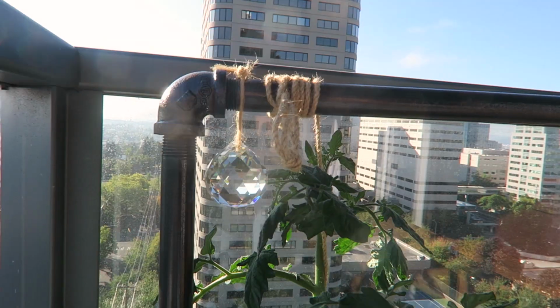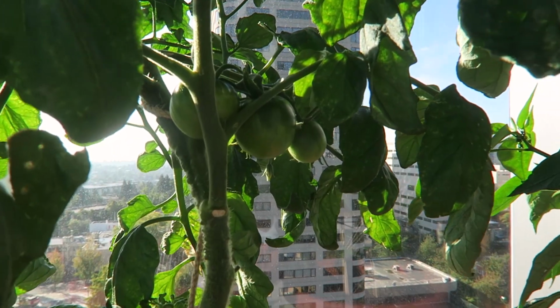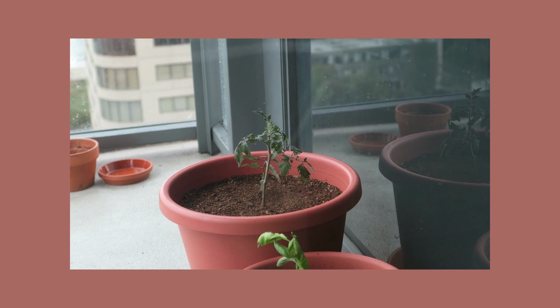I especially love the bar on top because I envisioned it initially to have some sort of hanging plant on it, but it ended up being perfect to help provide support for my tomato plant, which is actually fruiting right now. Spoiler. So we currently have 4 tomatoes on there, which is so exciting because when I first started this balcony garden journey, I had a struggle with the tomato plants,